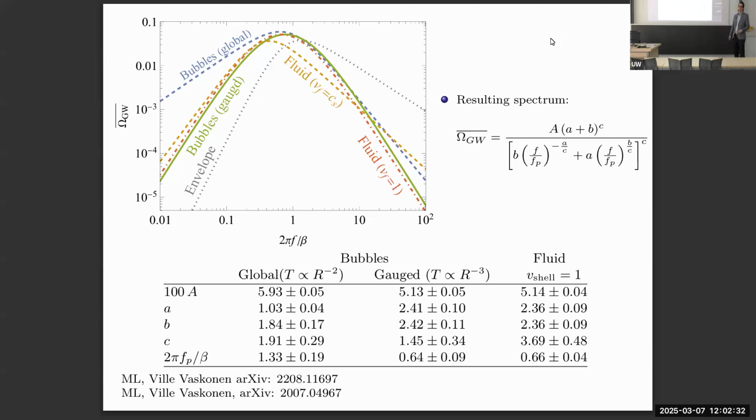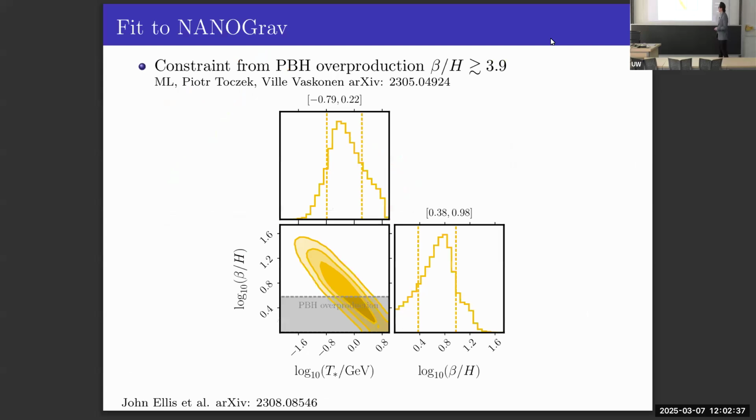So we know what the spectrum looks like, and then of course we can just try and fit it to the data using the scaling from several slides before with the parameters. Again, the two parameters in the game are temperature and this appropriate length scale. And this is what I meant saying that this transition has to be pretty much as strong as it can be. So beta over H, maybe this is not completely trivial, but there is a lower limit on it. And this is exactly coming from this thermal inflation problem. If beta is smaller than 4, we end up running into problems with percolation. So then it's hard to break this exponential expansion of the false vacuum, and we will have isolated bubbles that